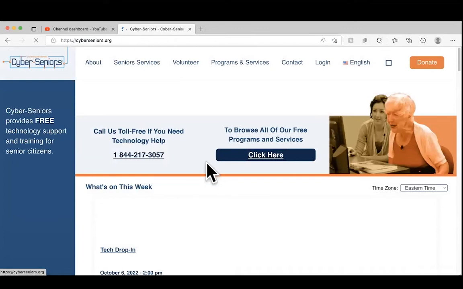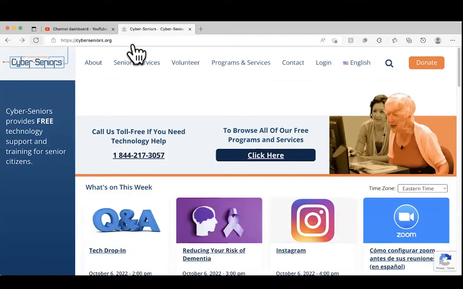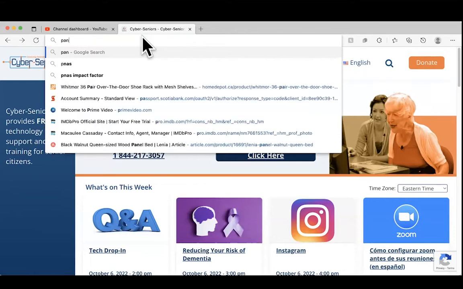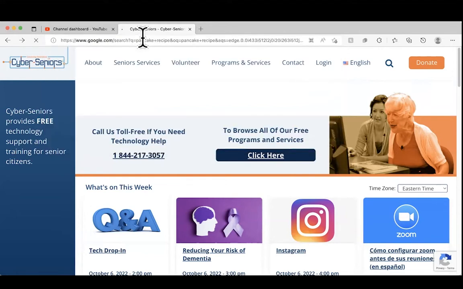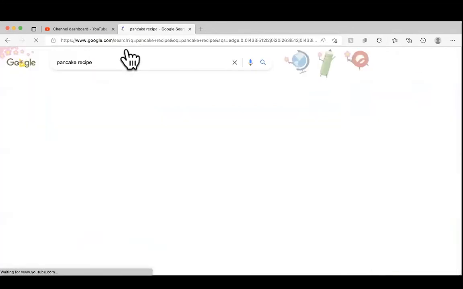Now, the next thing we have here is the address bar, and the address bar can be used both to input a website URL, so www.cyberseniors.org, but it could also be used just as a search engine. So if I type in a question, or type in something random, it also just activates a search. So you can use it either way. The other thing that's really important to know with this bar up here is that when I'm visiting websites, it will also tell me a bit,